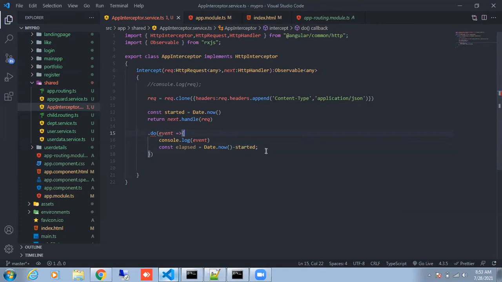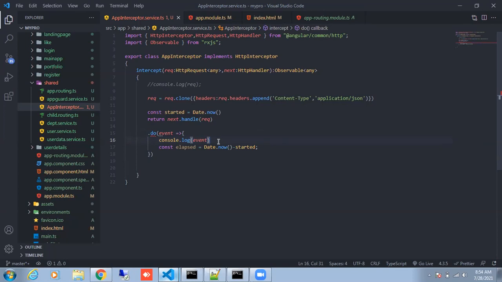Once it is done, you can see an error here. No problem, that variable we can resolve later on. But the initial thing here is how to initiate this request to process it ahead.